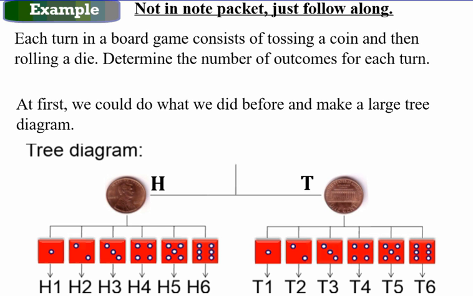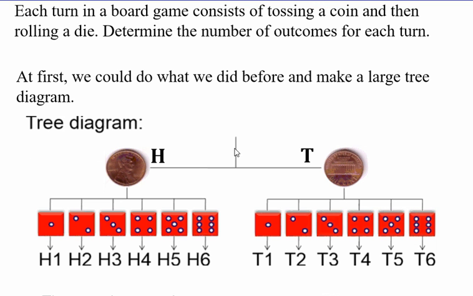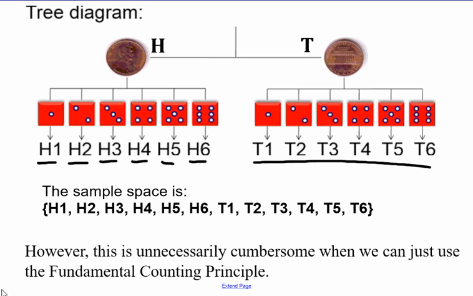Well, at first, we could do what we did before. We'd make a tree diagram. The first part of the tree diagram would be heads and tails, and then if it was heads, you'd roll the dice, and you could get 1 through 6. So you could get a heads and then a 1, a heads and then a 2, heads and then a 6. You could have flipped the coin and got a tails. It'd be tails and then a 1, tails and then a 2, tails and then a 6. And if you look, there's 1, 2, 3, 4, 5, 6, and then another 6 over here. There are 12 different outcomes. The sample space would look like the following: H1, H2, all the way down to tails 6.